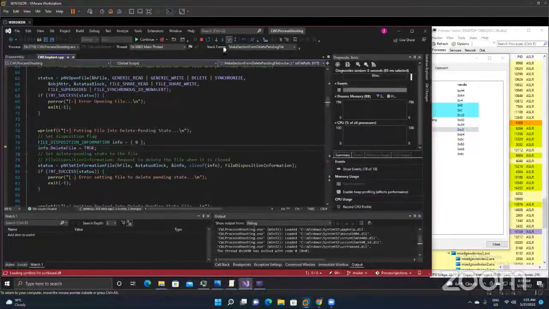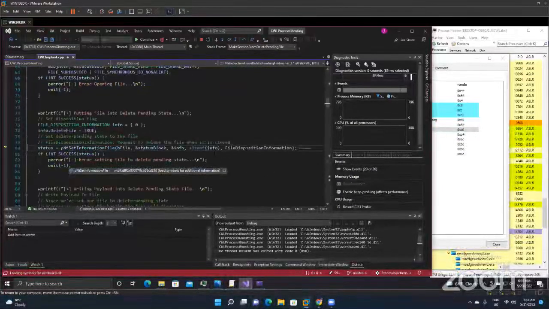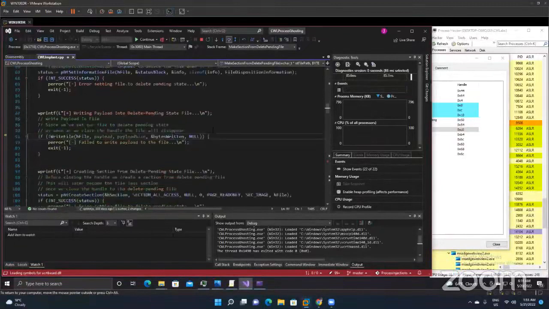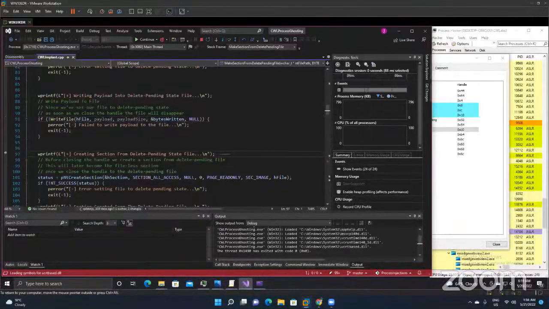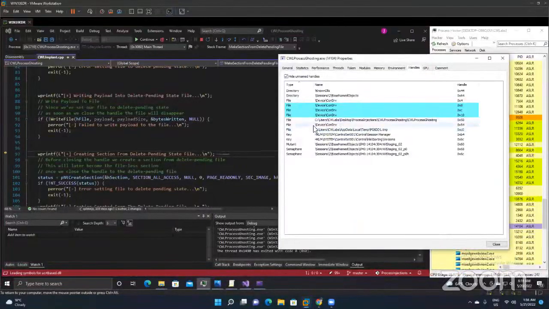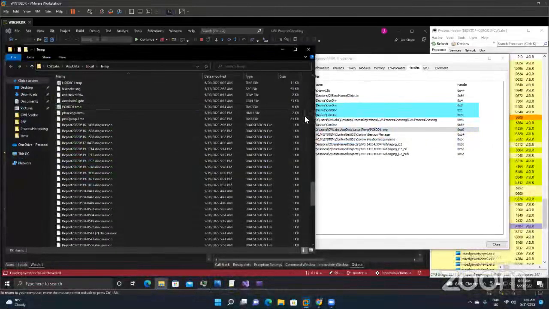So here you can see, using the NtSetInformationFile API and the FileDispositionInformation class as a parameter, we are setting the file into the delete pending state. Now the file is in the delete pending state. Now we will write the payload into that file. So if we just go over here and